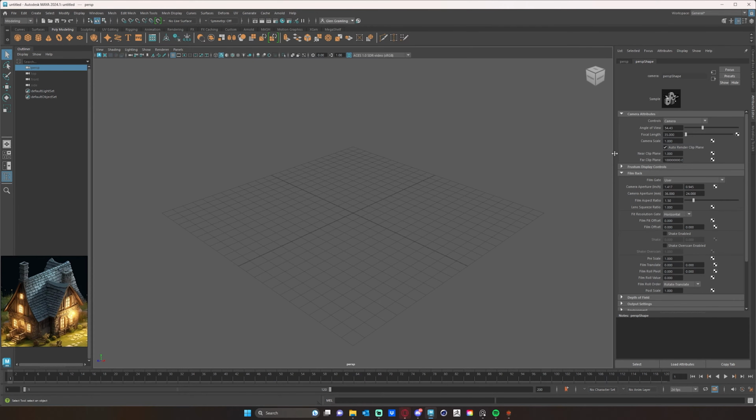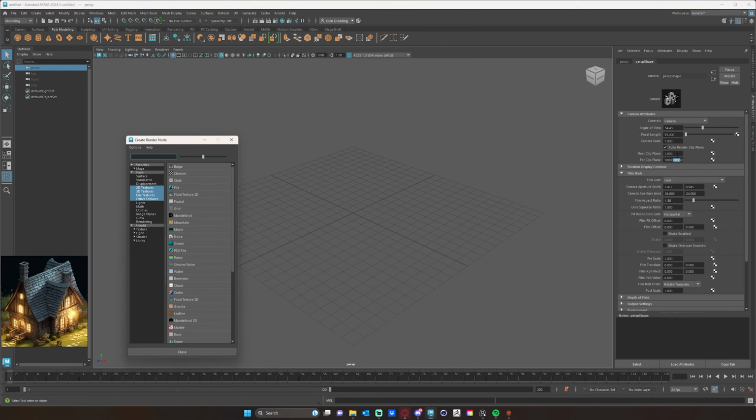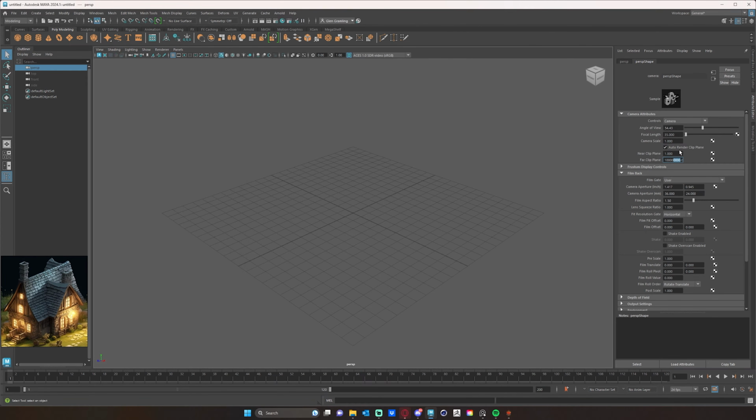Now, if you're opening Maya for the first time or you haven't messed around with any of your settings, your near clip plane and far clip plane will be a little bit different than mine. I think by default it's 0.01 and your far clip plane is quite a bit less than that. It's important for you to go ahead and change these settings. So just change your near clip plane to 1 and your far clip plane to something like 100 million or